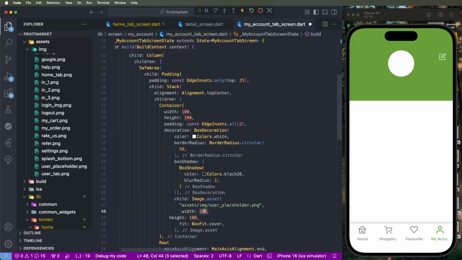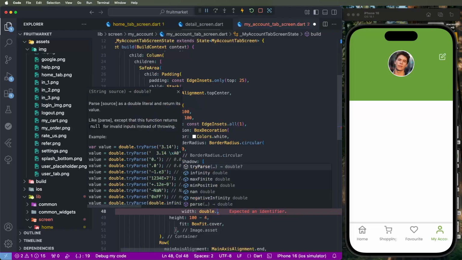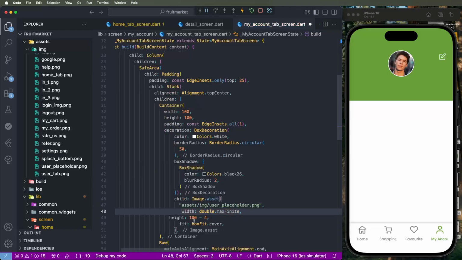Need to minus the four, 94. Otherwise into like this, need to write down 100 minus 4. 4 means this paddings need to multiply by 2 like here. If you not every time, so need to write down and show like this the UI. Need to set the one padding and similar to UI. Otherwise you need to write down the double dot max width, copy here and paste this same as height,